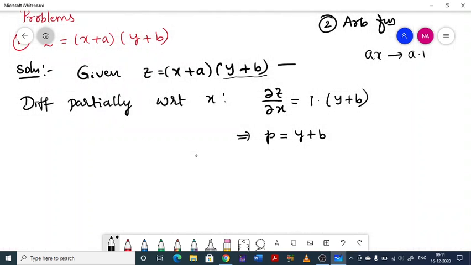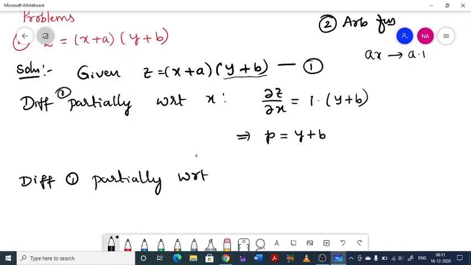Next, differentiating this, let us call it equation 1. Differentiating 1 partially with respect to x is done. Next, differentiating 1 again, differentiating 1 partially with respect to y, then I will get dou z by dou y equal to,